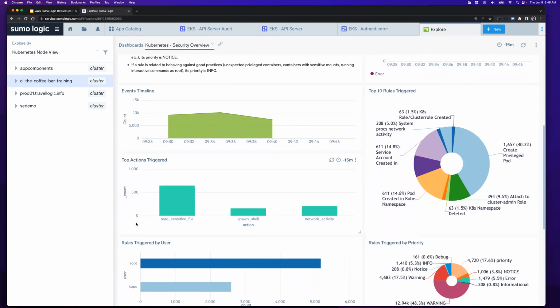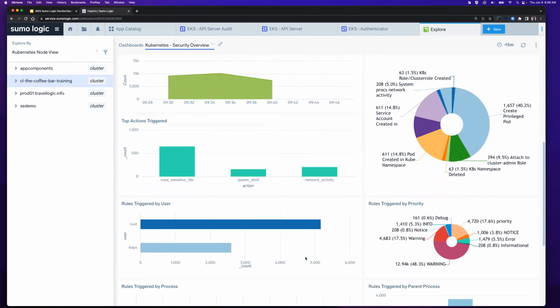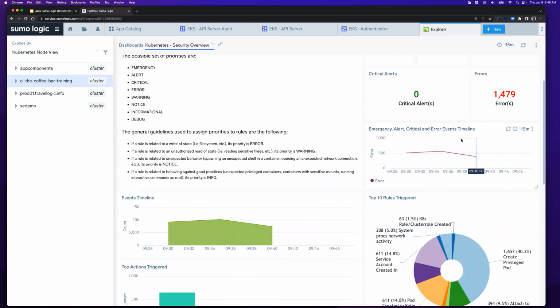We see our top 10 actions triggered. And some more stuff. So before I go into that, more stuff as the lab guide gives in step 4, some things we can look at. So for example, for the events timeline, is it going down? Is it going up? Well, we see it actually went up a little bit and then went down. So that's good. It's going down. Down is usually good.